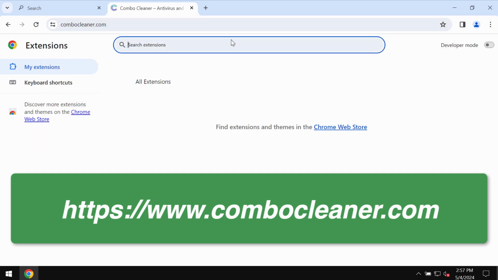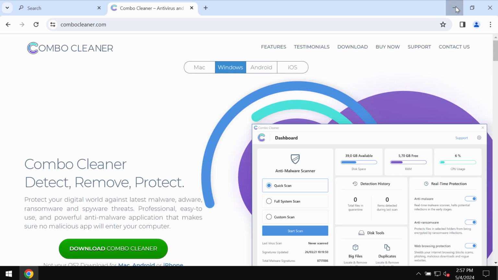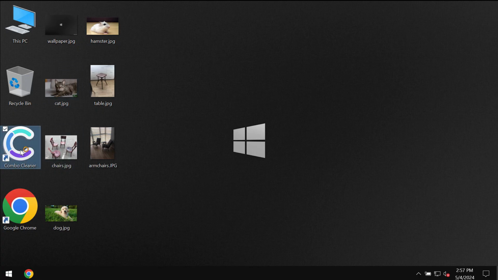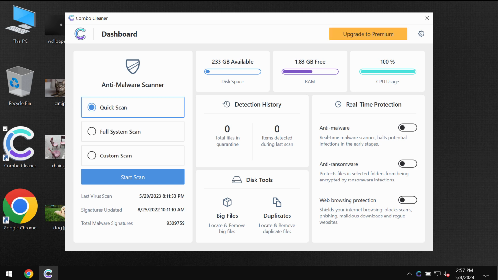I also recommend you scan the system with Combo Cleaner. Go to the page combocleaner.com. Download the application, install it, and then start thoroughly scanning your computer. Combo Cleaner antivirus will help you to effectively detect and eliminate other threats which still might possibly stealthily remain on